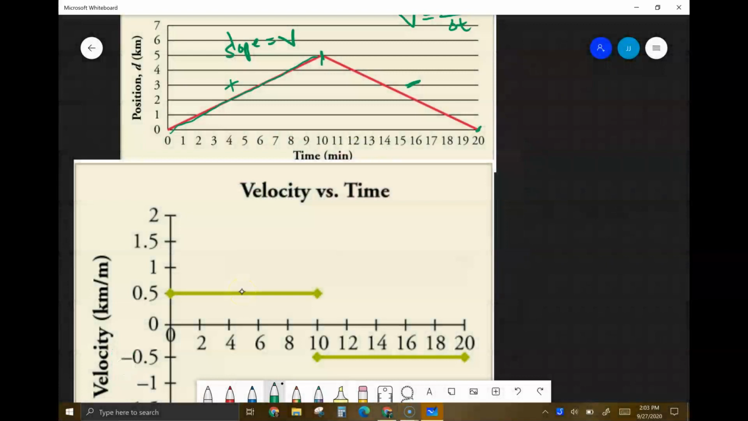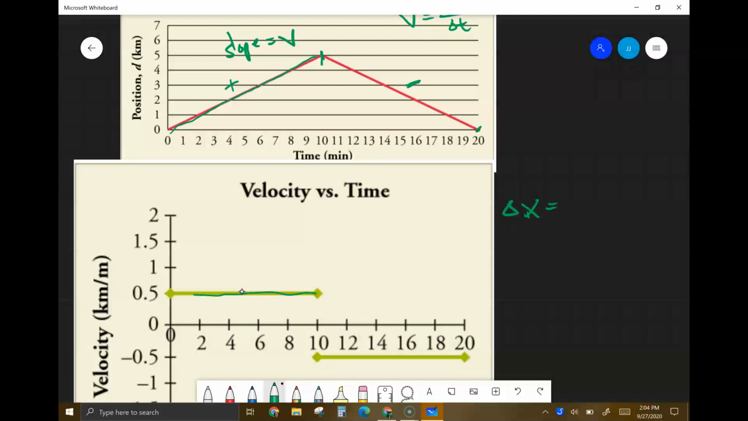So this was a constant velocity. We know that because it's literally just a straight line. It's constant, right? We go 1/2 a kilometer per minute for 10 minutes. Okay, so now how far did we go? Now, if we did a displacement,